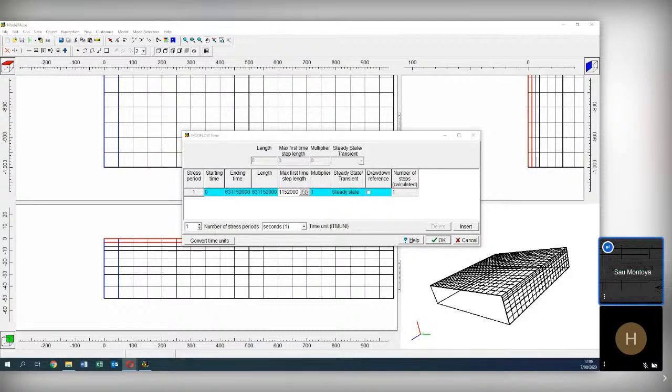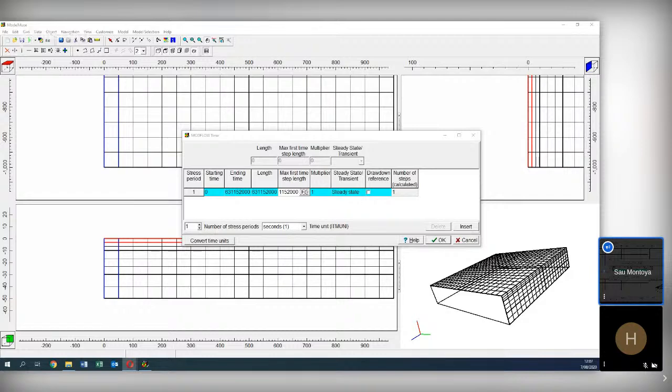Imagine that you are doing a pumping test. The first day you are pumping 5 liters, the second day you are pumping 10 liters, and the third day you are pumping 20 liters. So this model will be divided into three stress periods. In each day, you can define that you will simulate it as a whole day.